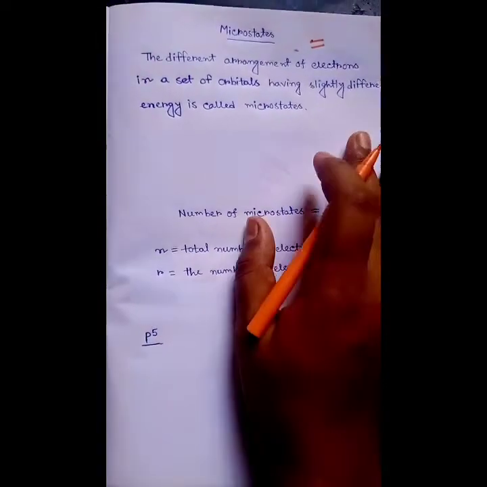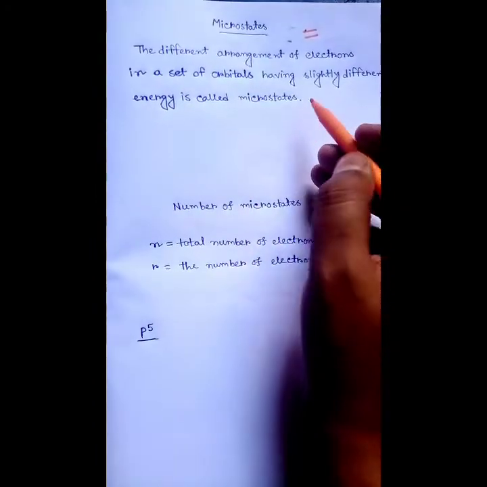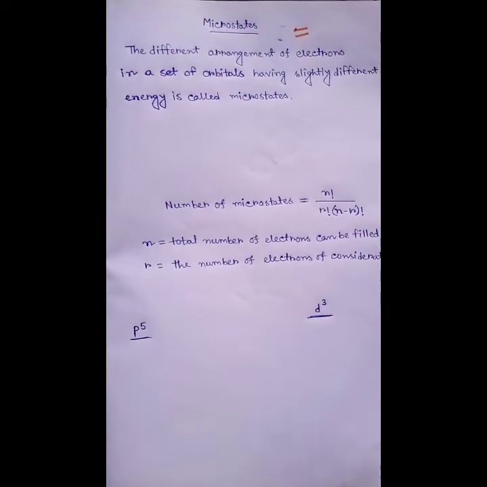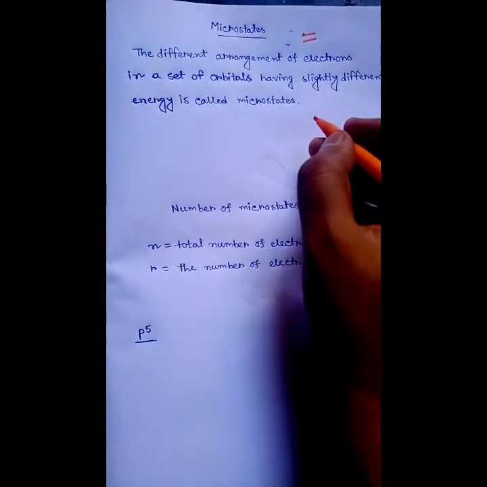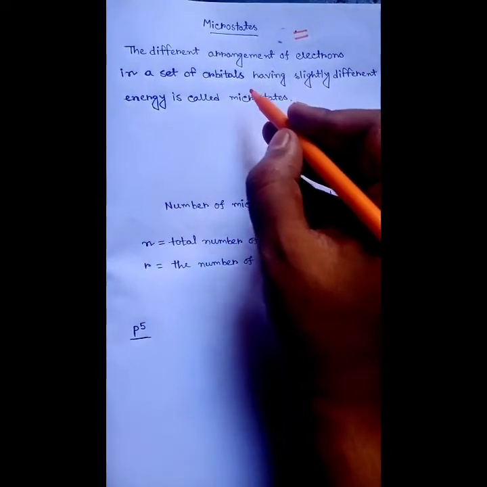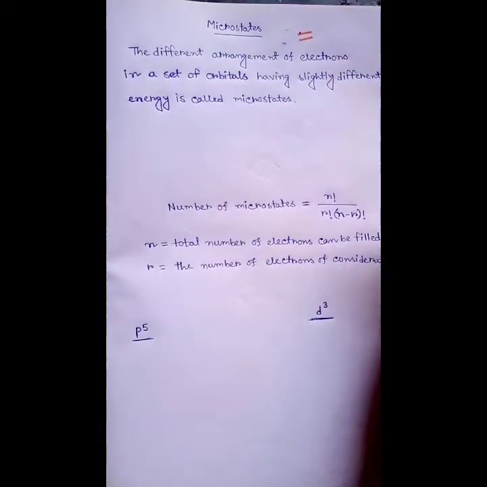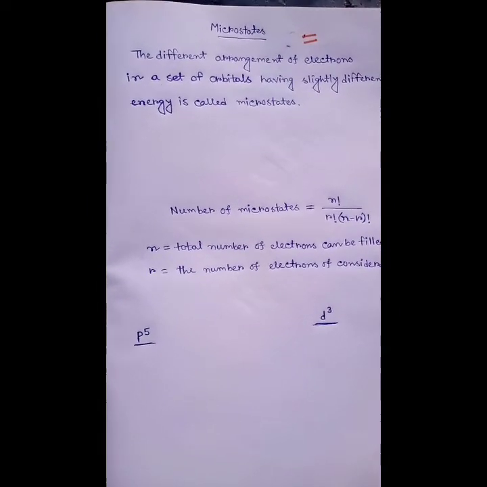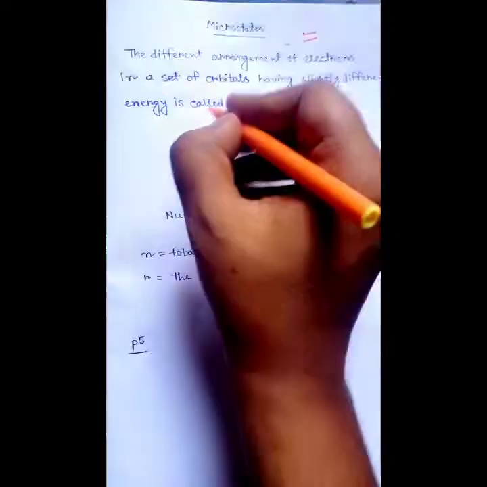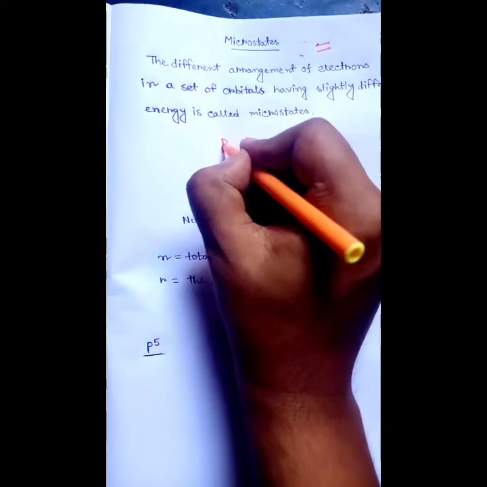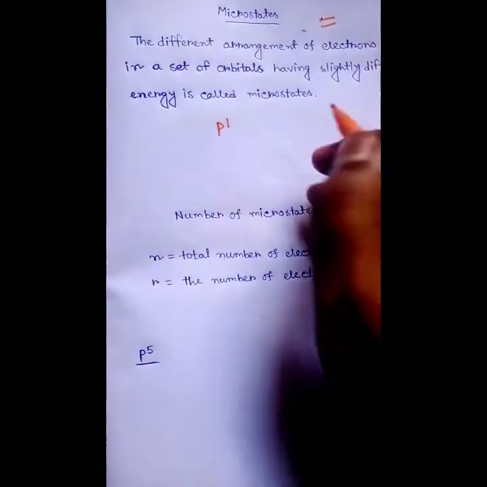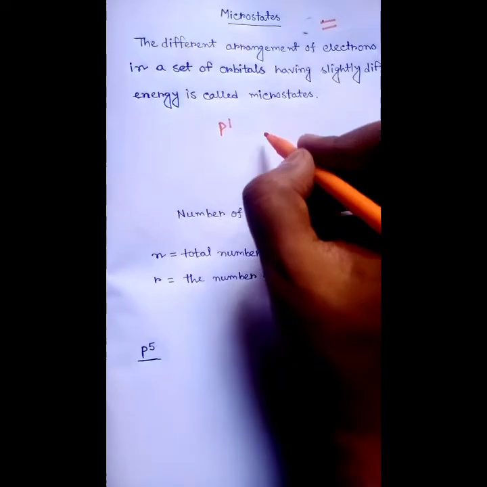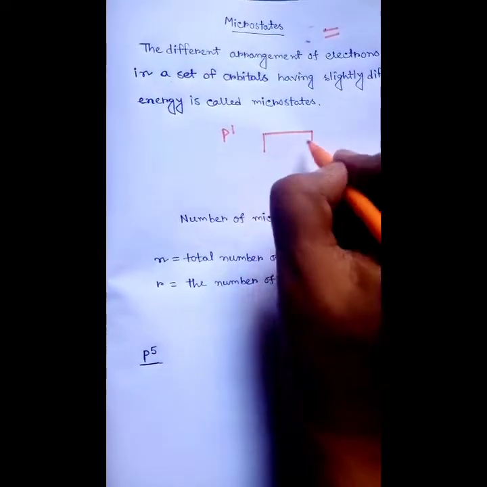So what am I trying to mean? Microstates will have different arrangements of electrons, but the energy will not be the same for each arrangement. So suppose I have p1. Okay, p1 means one electron in the p orbital. So I can write